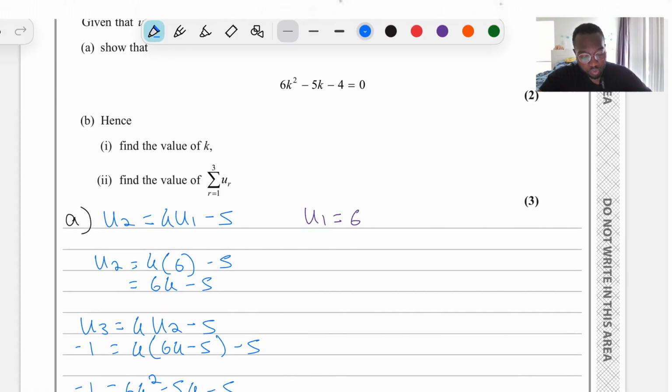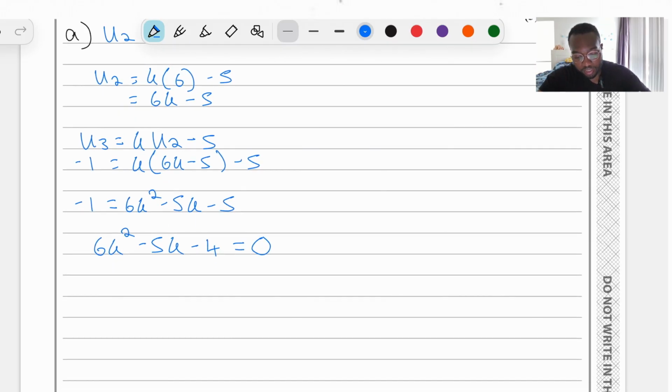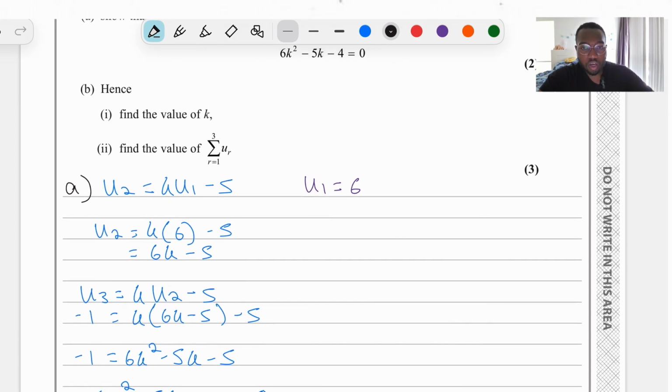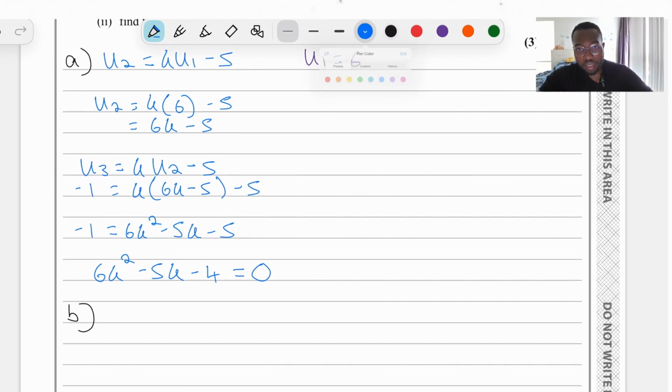Okay, so for part B, we need to work out the value of k, and then we need to find the sum of the first three terms. So for k, it's fairly simple to work out. It's just a quadratic equation. For this question, because it's only 3 marks, I would say just do it on your calculator. You don't need to work it out by hand. It's only for 3 marks, so just do it on your calculator. If you do it on your calculator, you will get k as 4 over 3, and you get k as